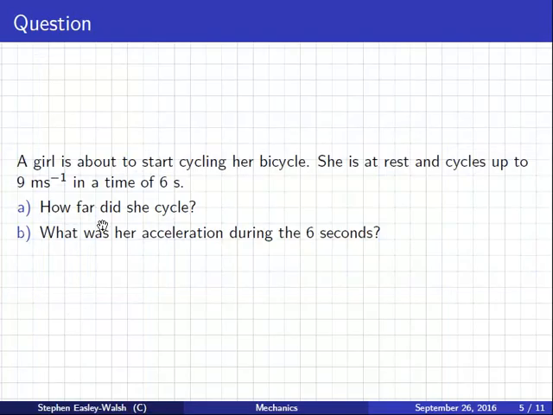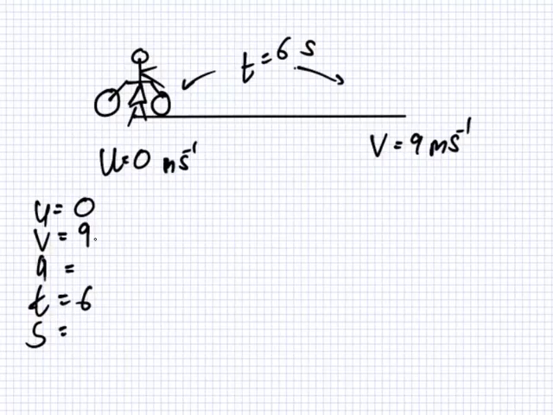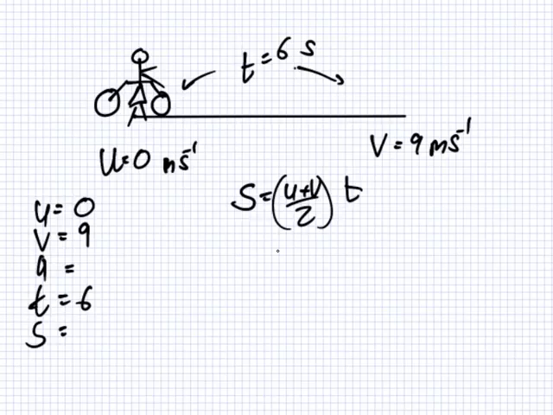And what do we want first? We want the S. So which formula could I use? Which of the 4 formulas? What's the letters? S equals U plus V over 2 times T. So that would be 0 plus 9 over 2 times 6, which is 18